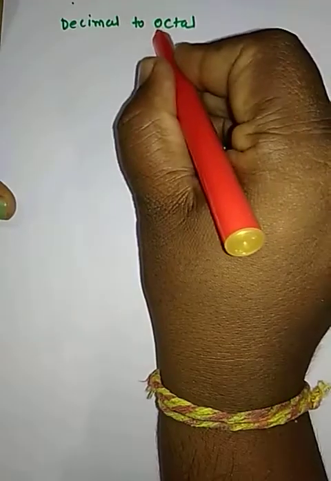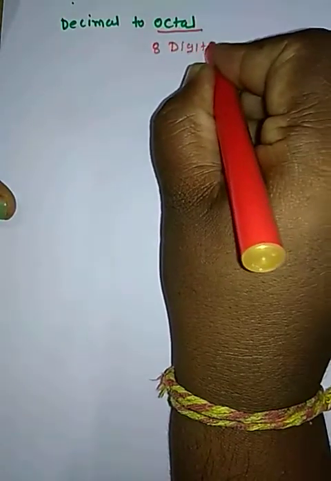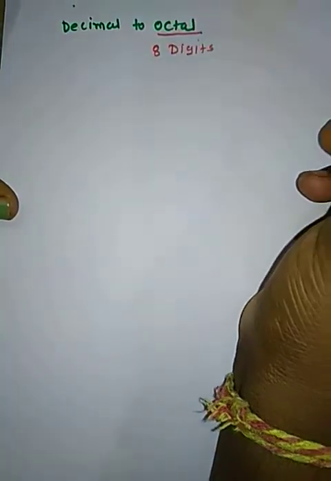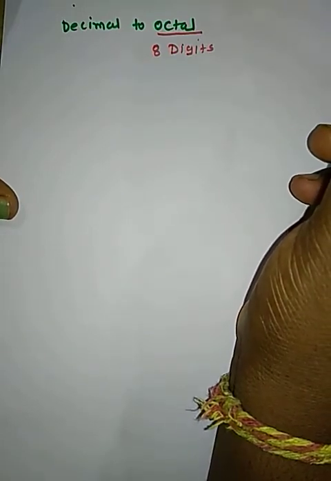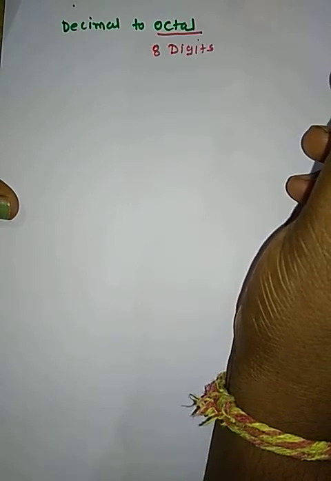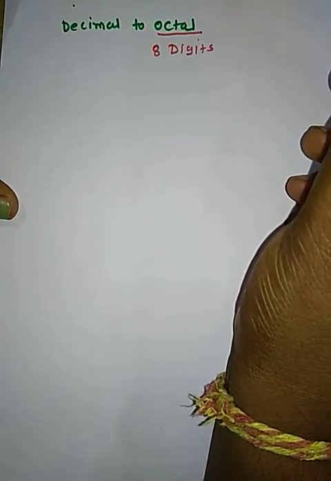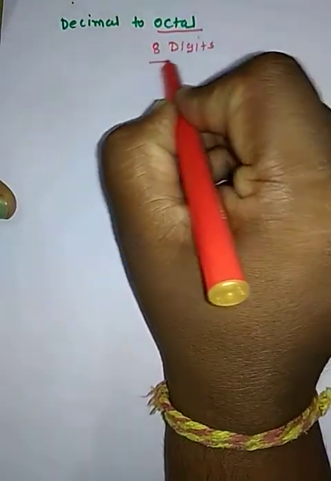What is an octal number? It contains 8 digits. Octal number શું છે? તો એની પાસે 8 digits છે. In a binary number there are 2 digits. આપણે આગળ ભણ્યા છીએ કે બાઇનરી નંબરમાં કેટલા ડિજિટ છે? 2. કયા કયા? 0 અને 1. In a binary number there are only 2 digits, 0 and 1. In an octal number it has 8 digits.